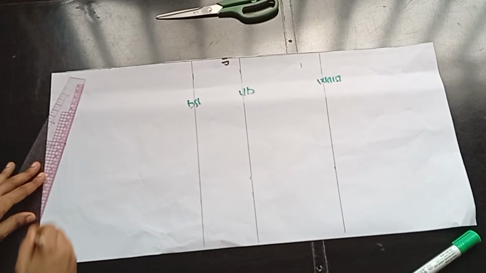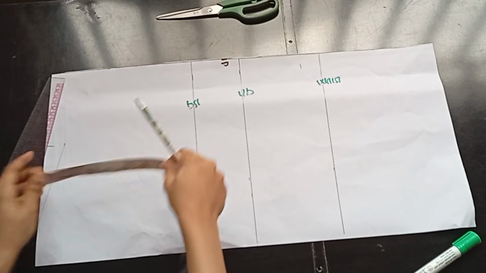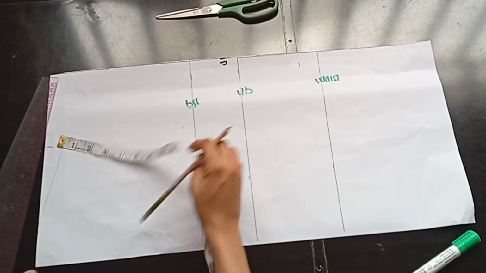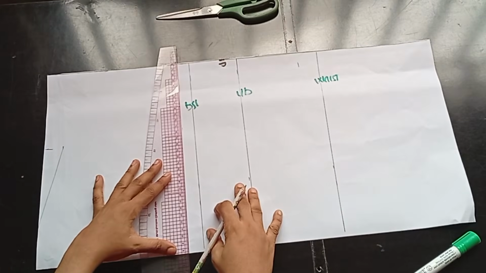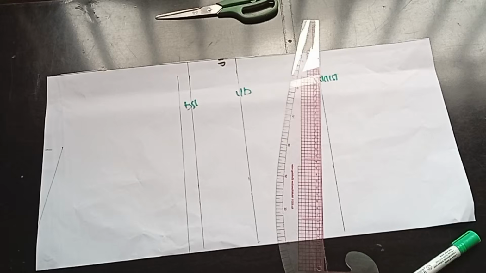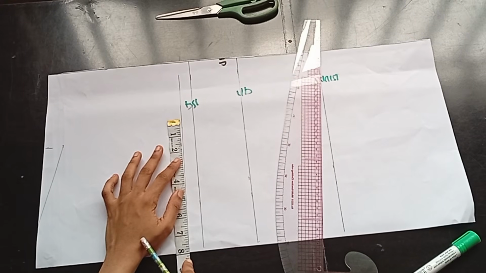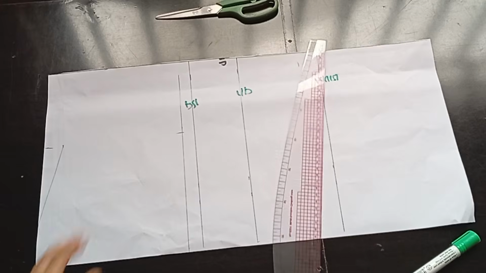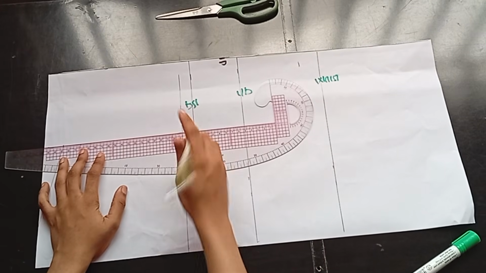The next step is to find your chest line, which is your bust circumference divided by 6 plus 1.5 inches. The next step I'm going to take is to go ahead to draw out a straight line at that point. Now, I'll mark back what I have on the shoulder. And after I'm done marking that, I'll go ahead to place my ruler and I'm going to draw out a